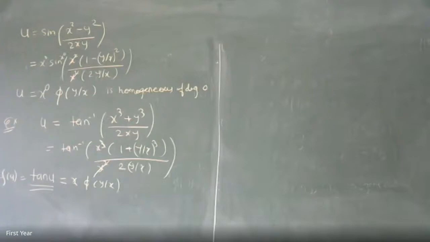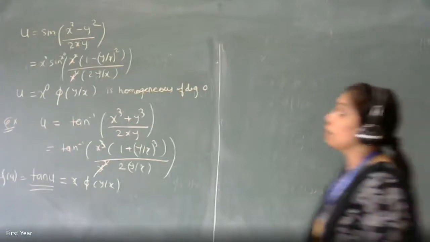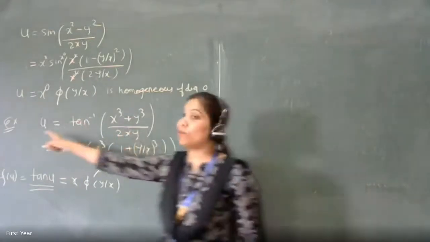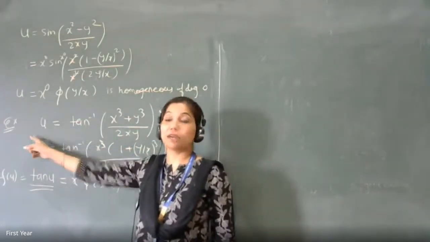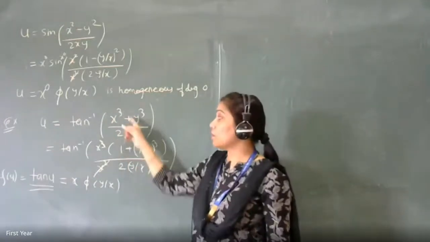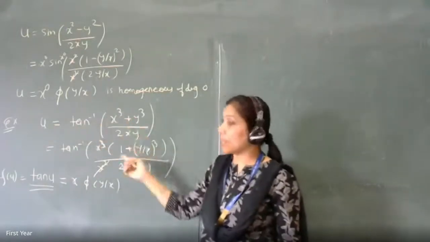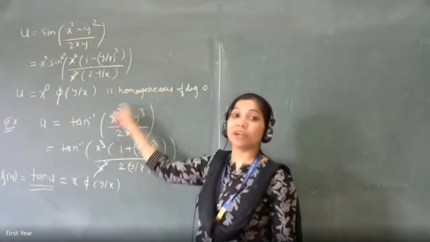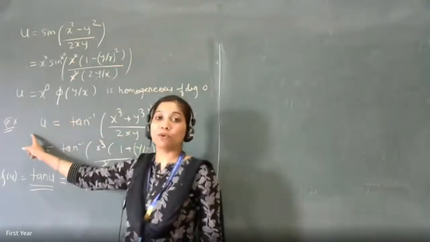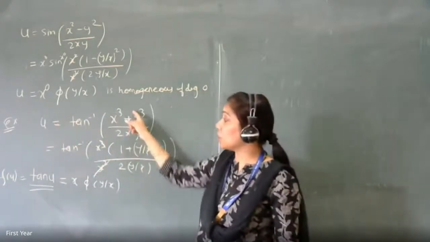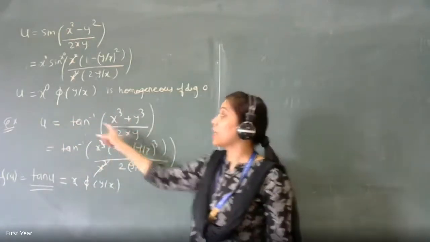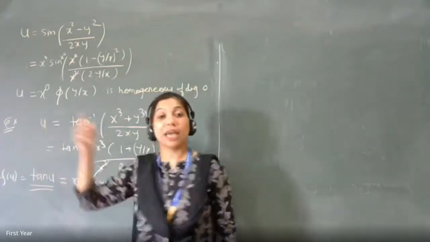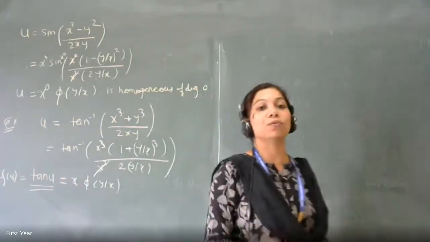So in this example, what is the difference? If the degree of the inner term is 0, then directly u will be homogeneous. Please listen carefully. The function which is inside tan inverse or sine of or log of any one of them, if the function which is inside has degree 0, directly u will be homogeneous. But if the function which is inside has non-zero degree, then the outside function has to be taken on the left hand side, and then you get f of u, which is homogeneous of the degree